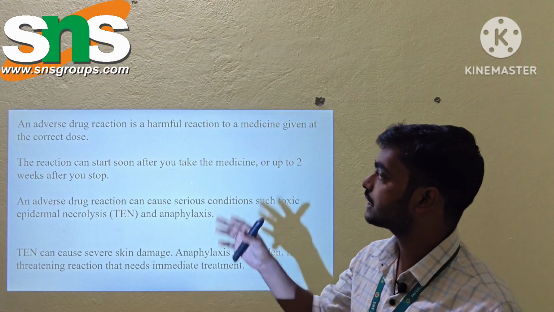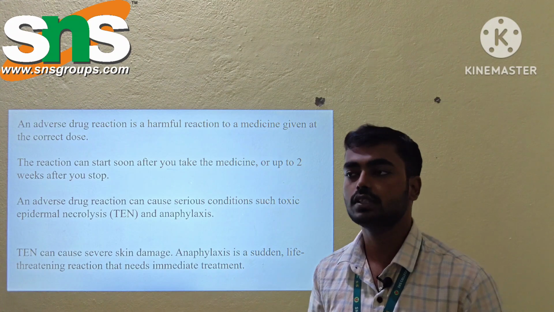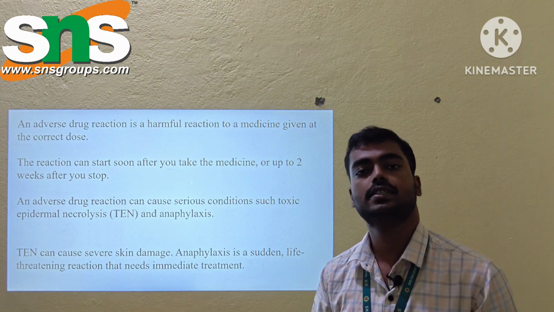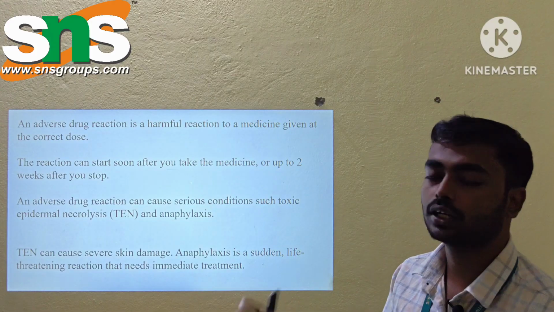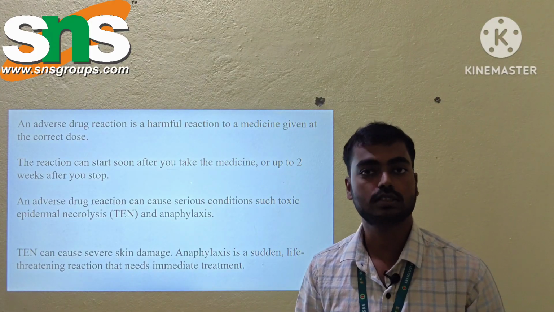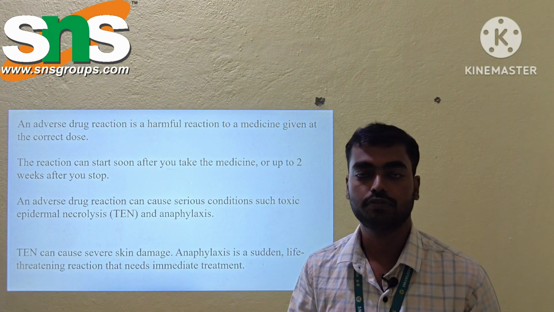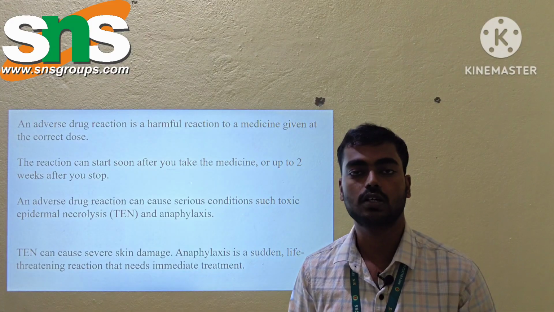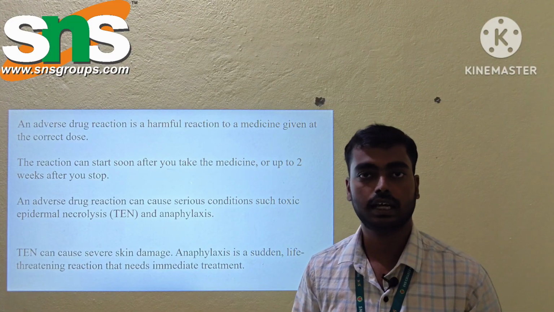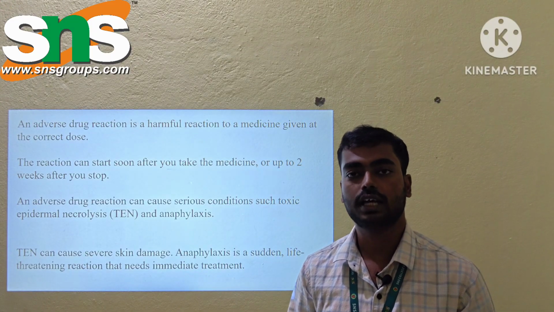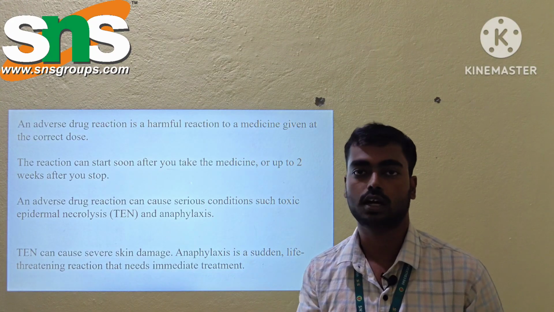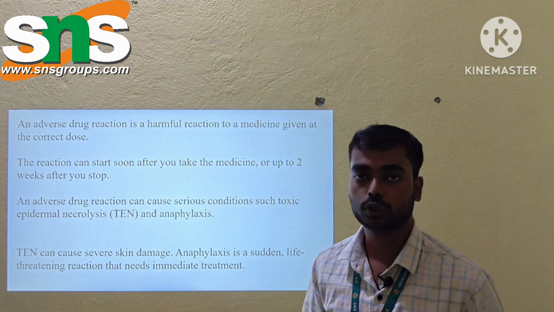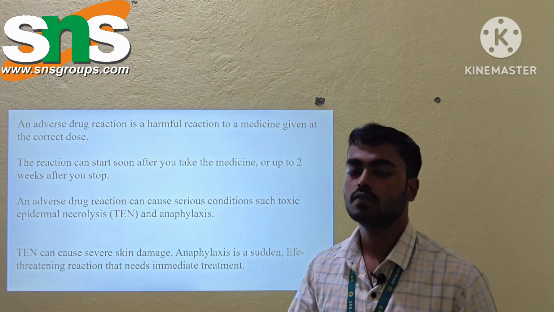Adverse drug reaction is a harmful reaction to the medicine given at a correct dose. So it is not a toxic reaction. Even if we give the correct dose of the drug, it can cause an ADR. Some types of reactions are caused by an overdose of the drug, and that is a toxic reaction. But if you give the correct dose of the drug, it can also